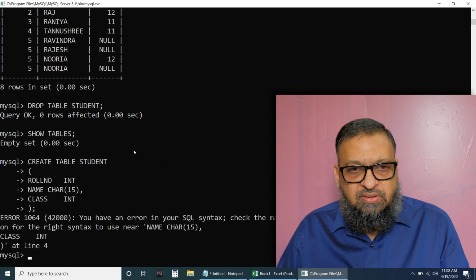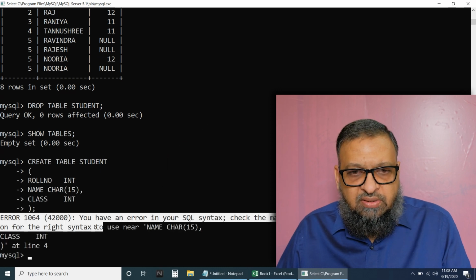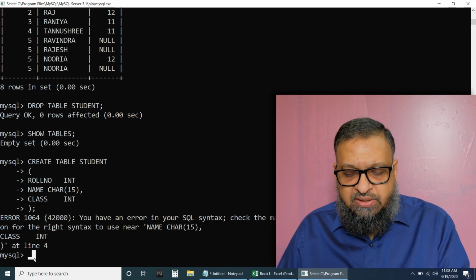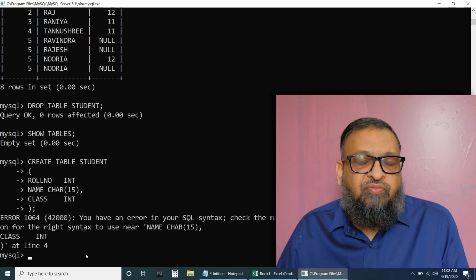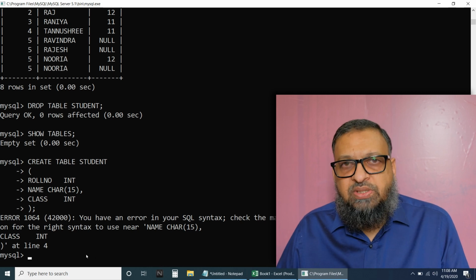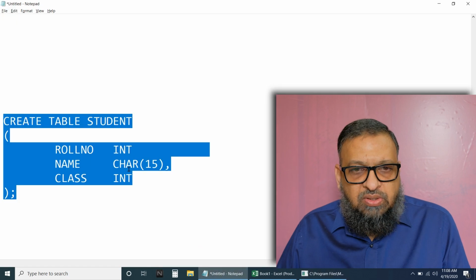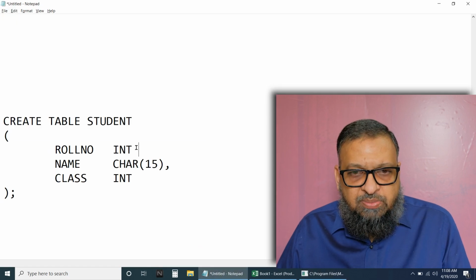So, paste it here and see here it is going to generate the error. You can see the error is generated. So, you have to carefully read this error. The first time you may make so many mistakes. So, nothing to worry about the mistakes, fine. So, carefully you see here whether a comma is missed out or not.